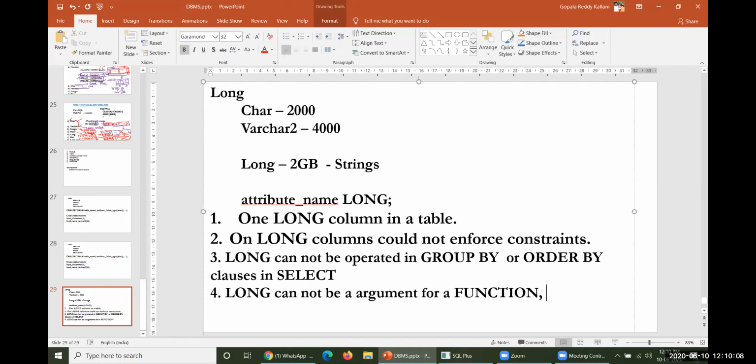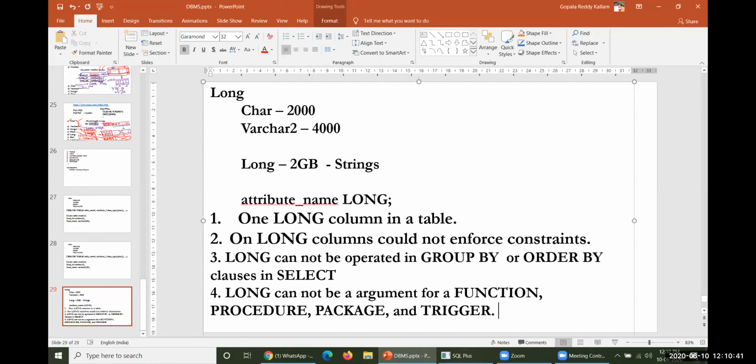You may create a function, but it cannot take long as an argument. A procedure cannot take any kind of long, nor can a package. And you cannot define a trigger on any long data types here. So these are the restrictions.